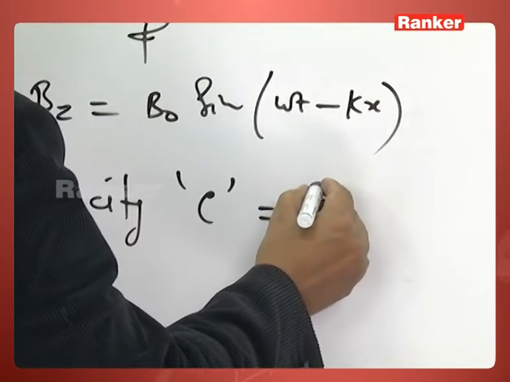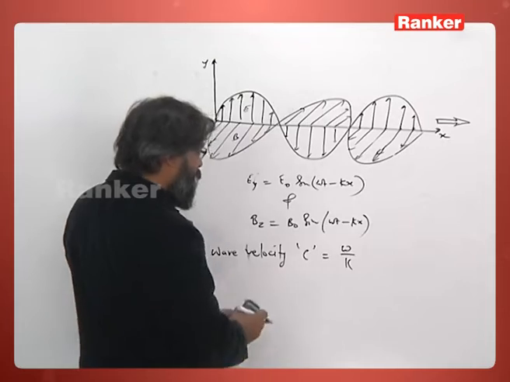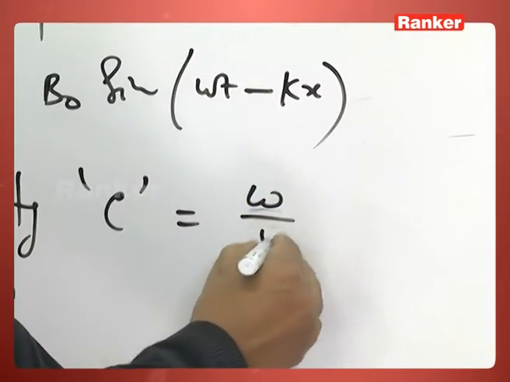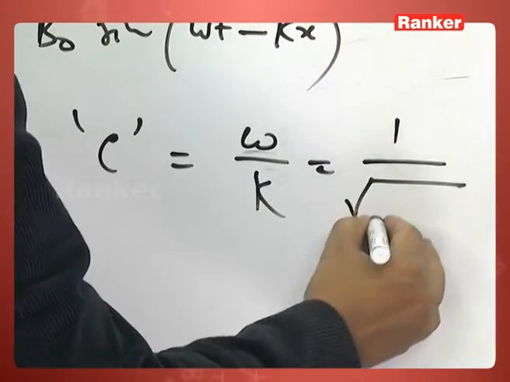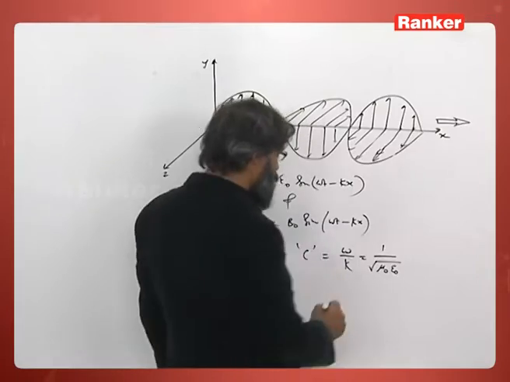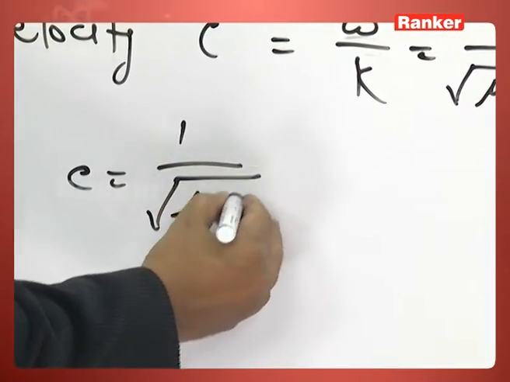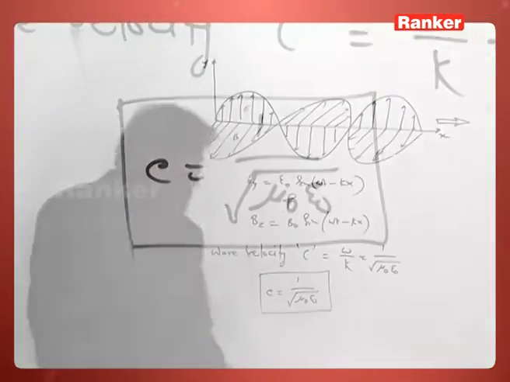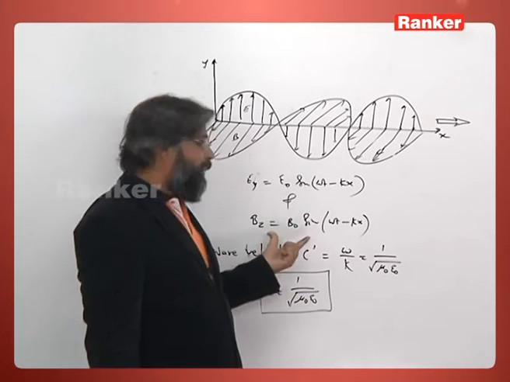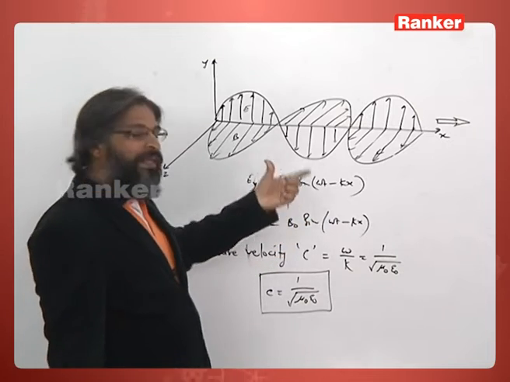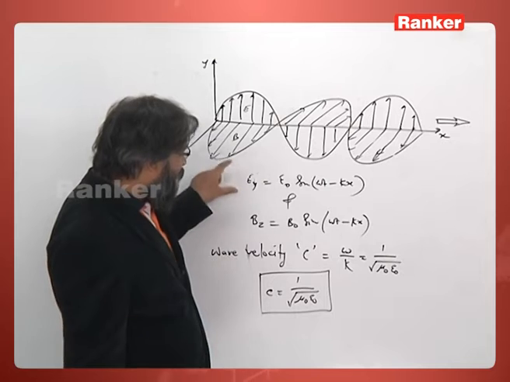C is omega by k, where omega and k are related such that C is 1 by root over mu naught epsilon naught. So Maxwell could derive these equations from the previously discussed 4 Maxwell's equations, and the result was that